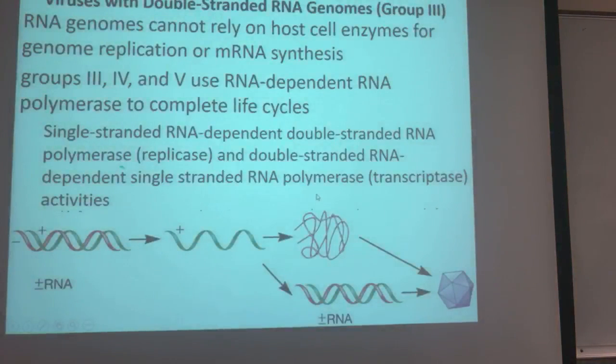Group 3, what do you need to know about this? The important thing to know about group 3 is not only this double-strand RNA genome, but also that the positive strand can serve as mRNA, right? So this virus can either bring with it, remember the RNA-dependent RNA polymerase, right? Or it could just code for it in the cell, right? Like the ribosome can just make it for it, right?